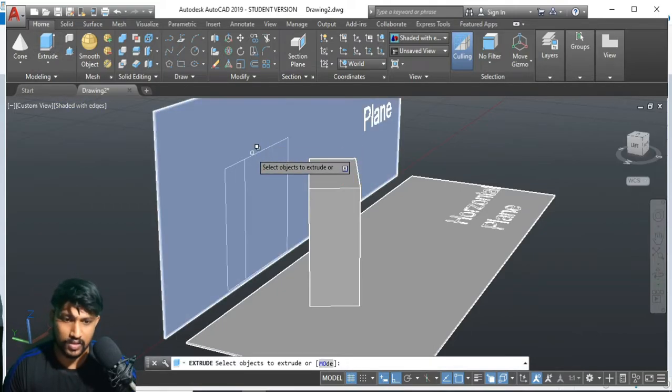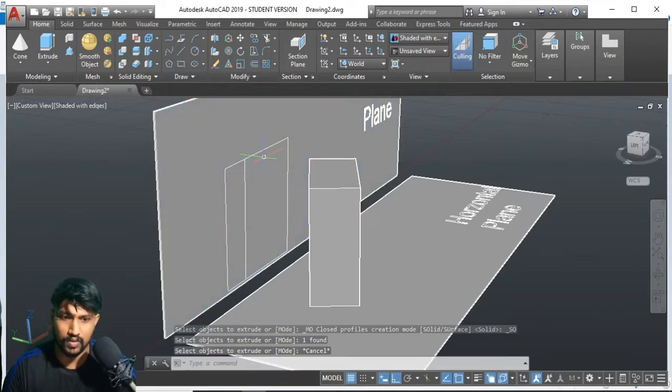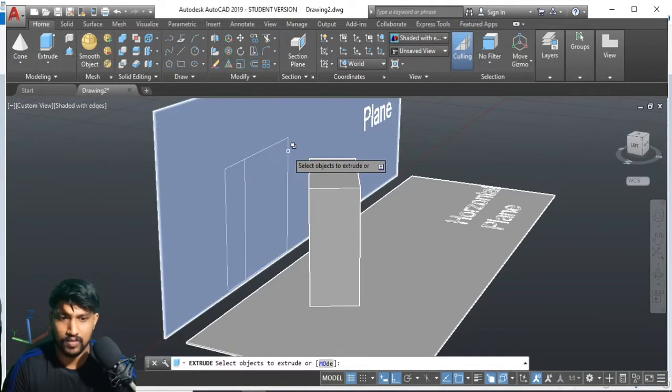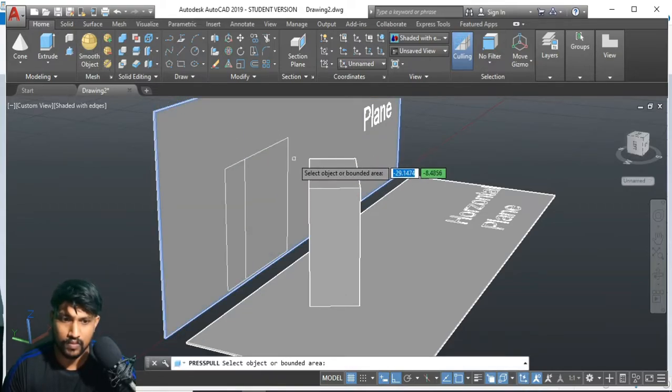I'm going to hit extrude. Let me see what's going to happen. I think press pull is fine. This one, yeah.